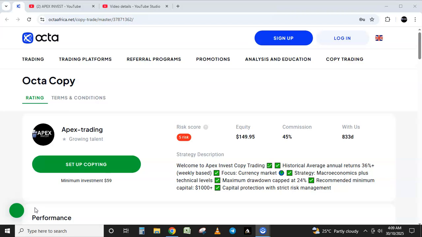In case you're watching it for the very first time, what it simply means is you can fund your account. Use the link down below, download this broker, use the link so you get the right broker, and fund the minimum amount, which is here. This is $1,000. You fund it, you see the returns, the historical returns, which is this 36% annualized. Then what's the reason behind the fund? Macroeconomics using technical levels.